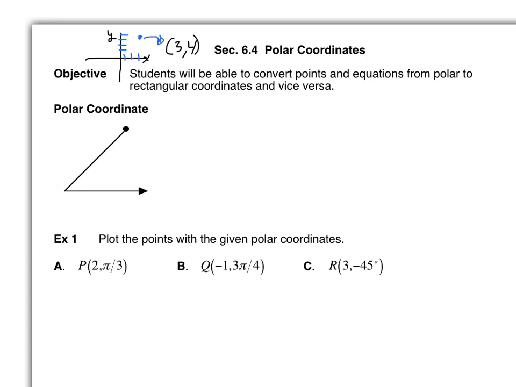And this is a point that is plotted on a flat plane, right? Do we live in a flat plane world? What if I need to describe a point that's on a curve? Or a point that's in space? We live in a three-dimensional universe, do we not? So polar coordinates make rectangular measurements easier in problems. So we need to be able to convert from rectangular to polar and vice versa,